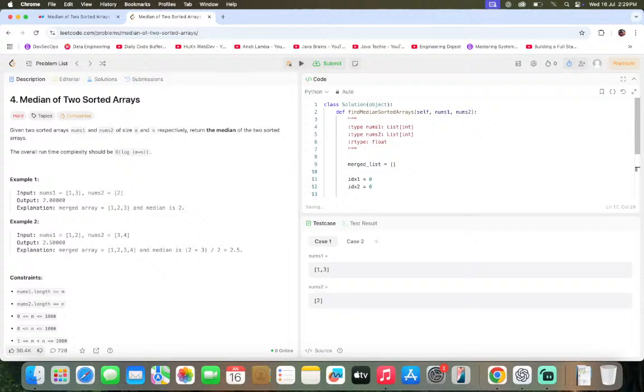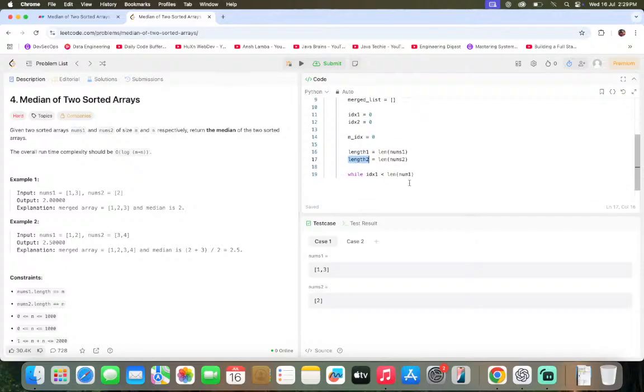We first just stored the length of both lists in variables: length 1 for list 1 and length 2 for list 2. So while index 1 is less than length 1 and index 2 is less than length 2,